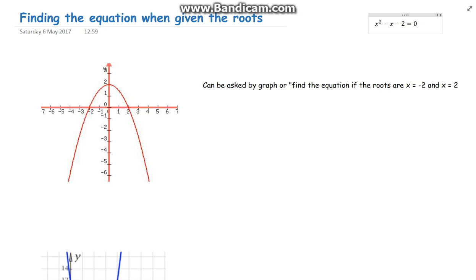This is finding the equation when you're given the roots. So this can be asked in two different ways. They could give you a graph like the one I have here, and say find the equation of that graph. Or they might say to you, find the equation